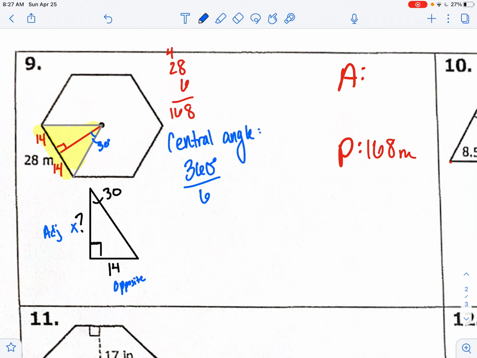So I'm going to think about my SOHCAHTOA. What uses opposite and adjacent? Here it would be tangent. So tangent of 30 equals opposite over adjacent. And I end up with that adjacent side is 14 divided by the tangent of 30,